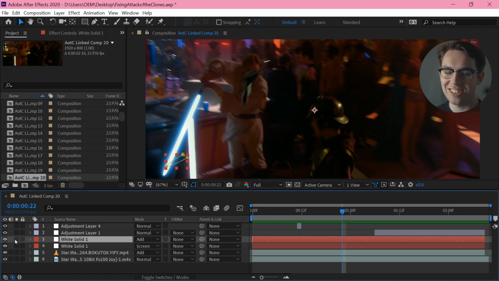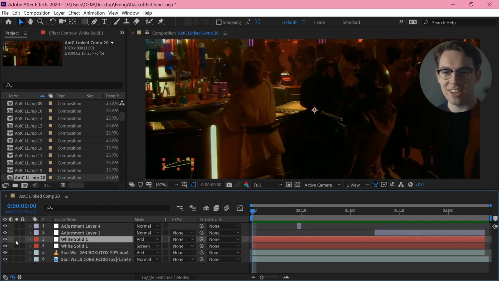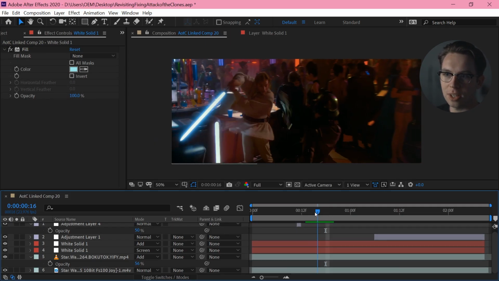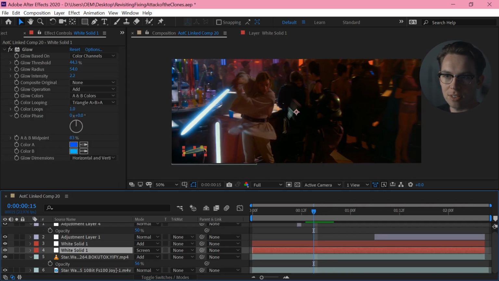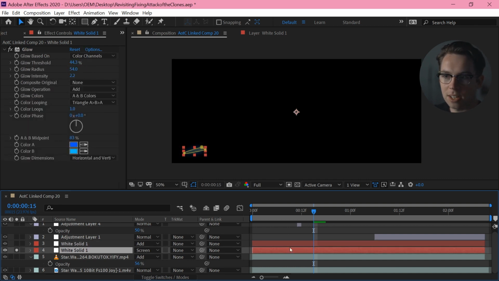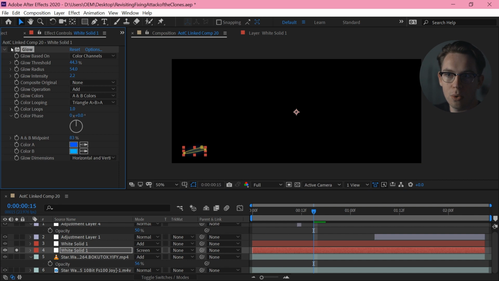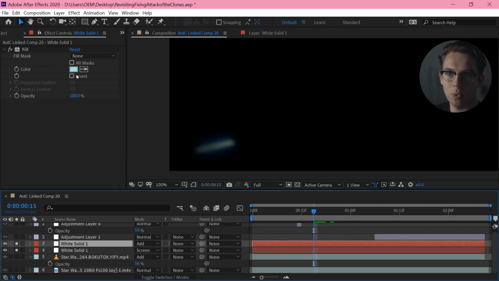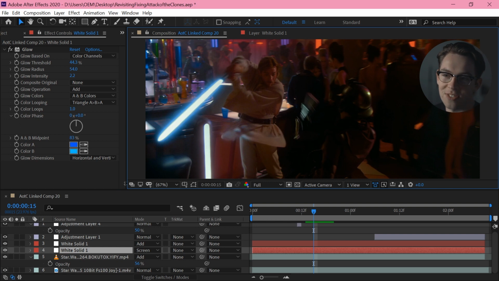And then I also did, my memory is that this is okay, I added this little reflection of the lightsaber on this stool here, which is just hand masked out areas of where I thought the reflection should be. Very soft masks on white solids. And the bottom one just has a blue glow on it, which gives it that sort of look. And then the second one is just filled with a lighter blue color, and it's set to add, just to sort of add some specular highlight. But it actually doesn't look bad.